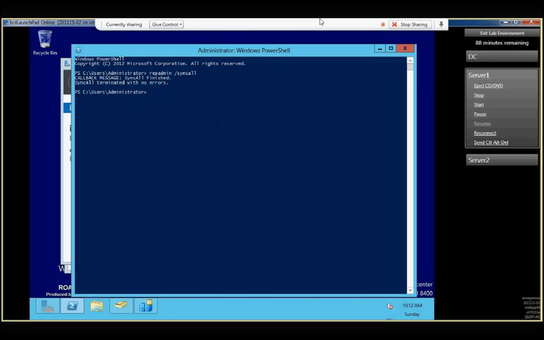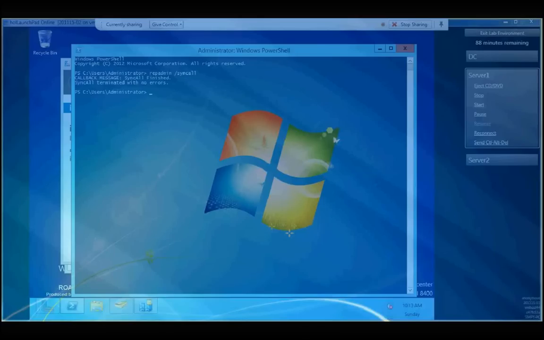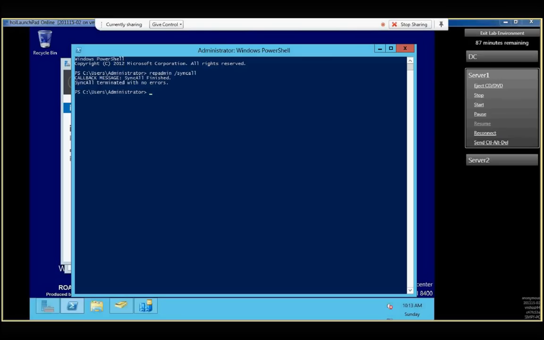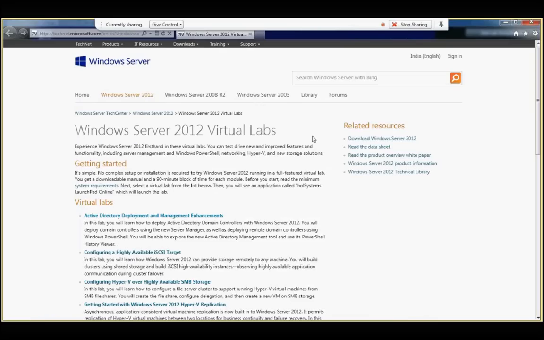I want you to go through the sessions, probably if you want to go through that again, and install an Active Directory yourself. And if you are trying to find how to install one and you don't have a lab machine on you, that should not be an issue, because there are virtual labs available from Microsoft which will allow you to do a lot of practice. I just have one open here. If you go to this particular link, I'll put this in the slide as well,